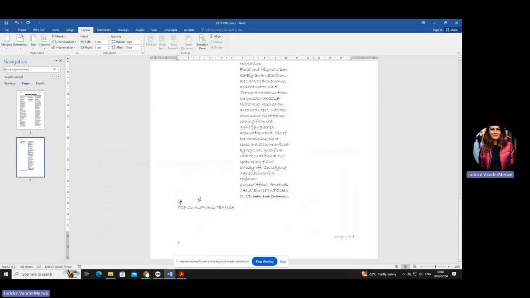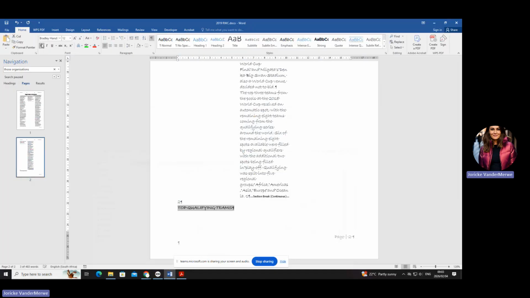The first space I need to count is at the previous paragraph. Are you with me, darlings? Okay. So now they say you must insert this text. It must be uppercase, which is already done because I have typed it in all caps. You can now make it bold. You can make it double underline. So there's the double underline, and it needs to be 16. And then it actually looks like it's in the center, and they do say center, so there is where it's supposed to be. Are you with me? Okay.